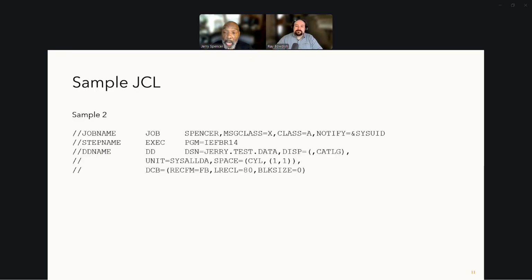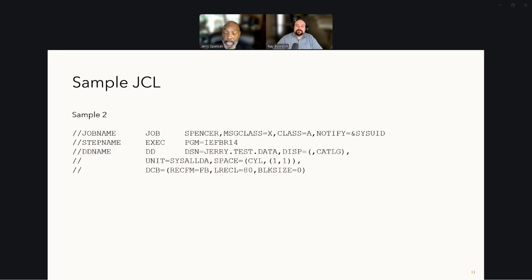Understand that JCL predates ISPF, all of your online systems. It was the only way that you had to communicate with the system. So if you wanted to allocate a data set, you couldn't get on your ISPF system and go and allocate a data set. No, you had to run a job, and this job, IEFBR14, would allocate this data set. This data set's name is